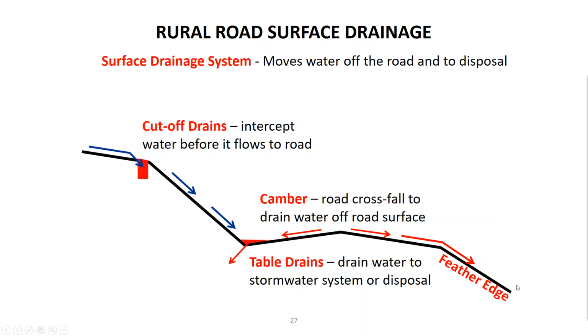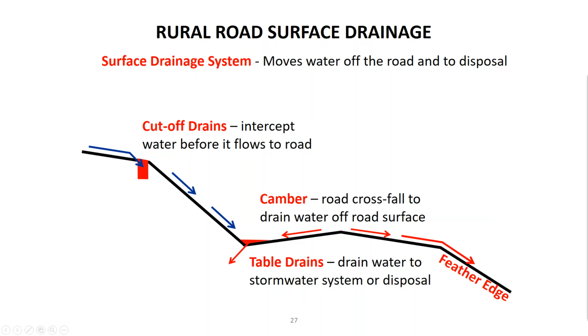The table drain, its invert level, is below the level of the subgrade. It's not shown here, but it should be below the level of the subbase and the base course, so that the water ponding in the table drain does not move sideways into the subgrade or pavement. As we discussed previously, excess water in the subgrade, subbase or base course layer can weaken the layer and result in road defects developing. The table drain slopes down to lower areas of the road where it discharges into local